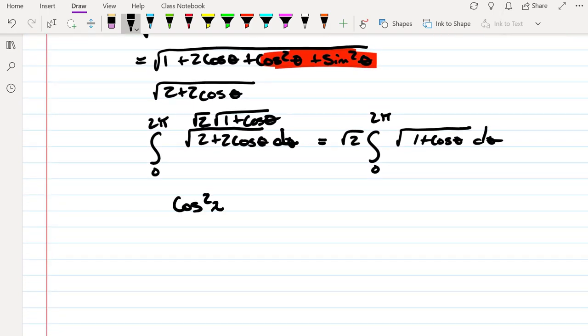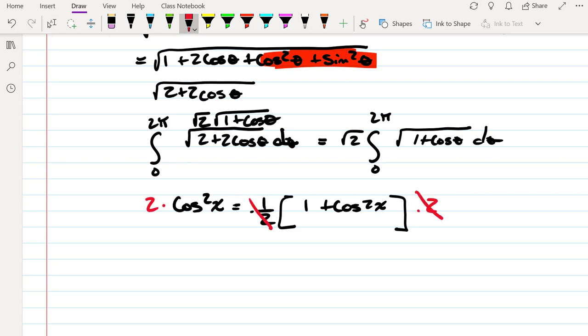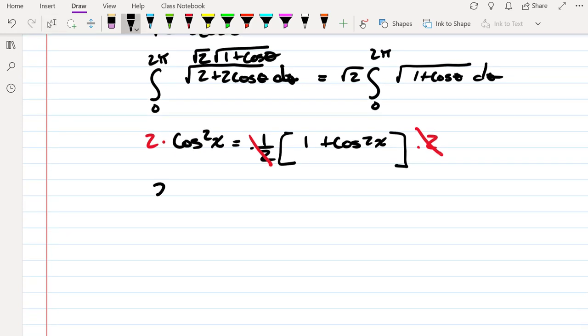We have the cosine squared of x is equal to 1/2 times 1 plus the cosine of 2x. Well, we have something that kind of looks like this, so we multiply both sides of this equation by 2, and those two guys reduce out. And that gives 2 times the cosine squared of x is equal to 1 plus the cosine of 2x. And if I let x equal theta over 2,